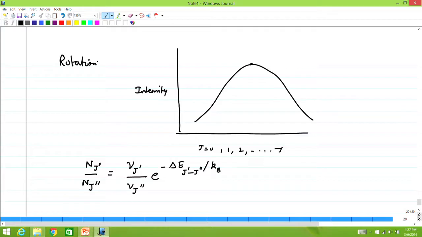So, the difference between vibrational population and the rotational population in this case is that there is a degeneracy factor associated with J' and J'', and in the absence of any external field, the J' level has a degeneracy of 2J' plus 1, and likewise the J'' level has a degeneracy of 2J'' plus 1. Therefore, this problem asks you to calculate